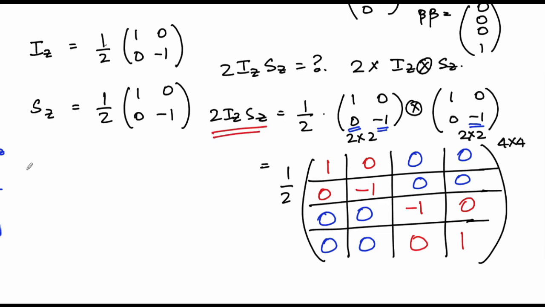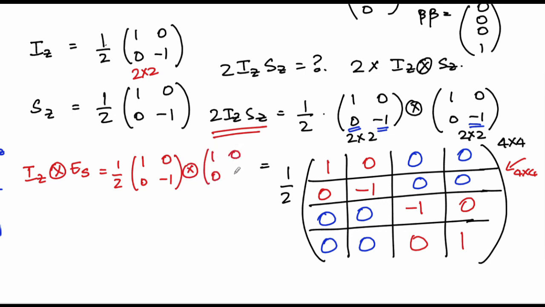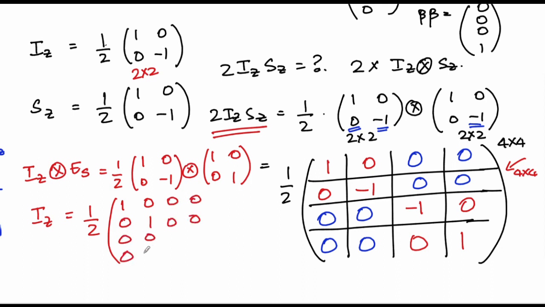So similarly, we can ask, how is the IZ operator represented? Because you have a 2 by 2 matrix, the moment you have one 4 by 4 matrix, everybody has to be expressed as a 4 by 4 matrix. So in this case, you are going to be taking a direct product of the S operator with the identity. So this is going to be 1 half [1, 0; 0, -1] direct product [1, 0; 0, 1]. This is the identity. So therefore, the IZ operator for a 2-spin system is going to be represented as 1, 0, 0, 0, 0, 1, 0, 0, 0, 0, minus 1, 0, 0, 0, 0, minus 1.